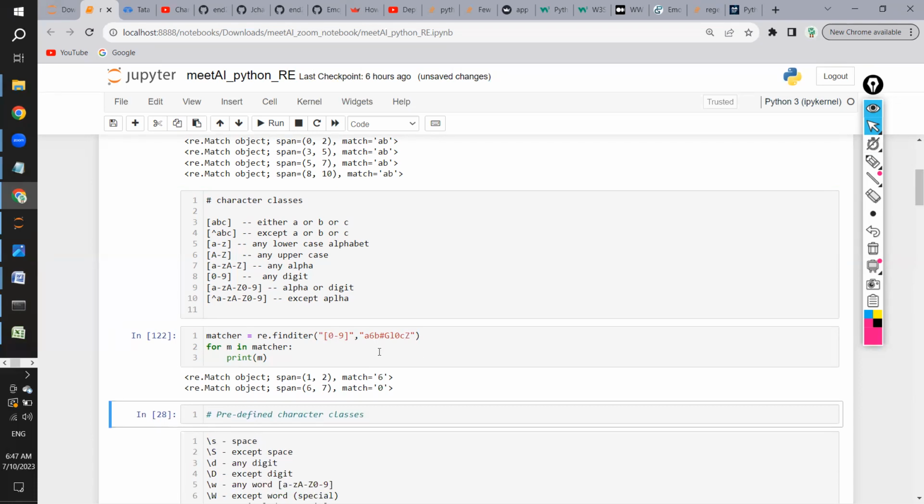Okay, only digits, all alphabets, lowercase alphabets, uppercase alphabets, hash is a special character. Okay, all those will be ignored. Only 0 to 9. That means any digit from 0 to 9 will be considered. Fine. And if I say this,